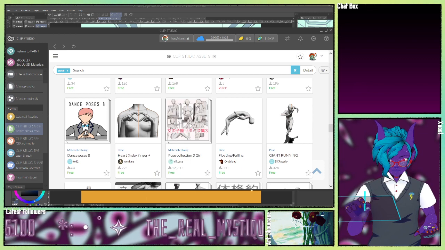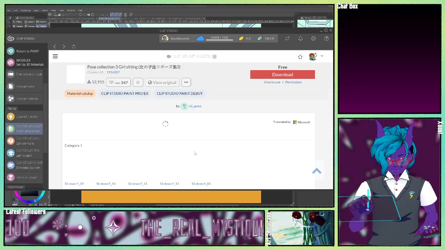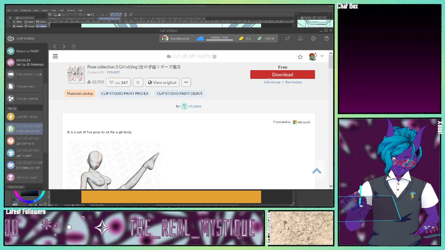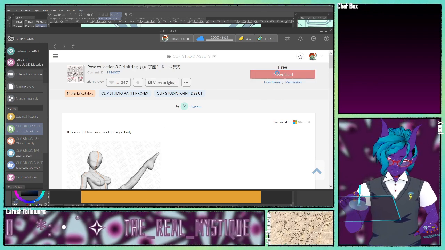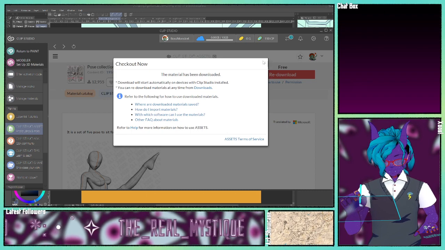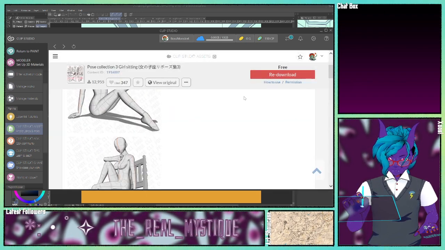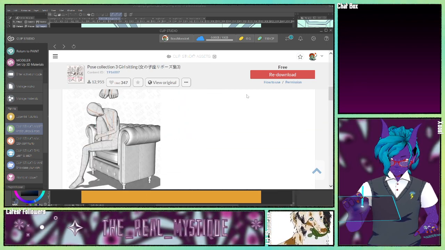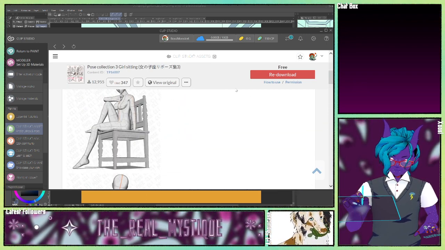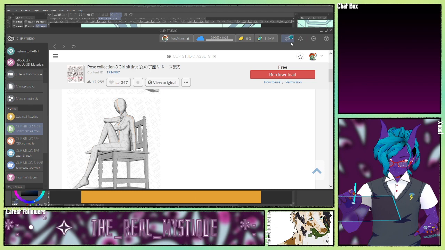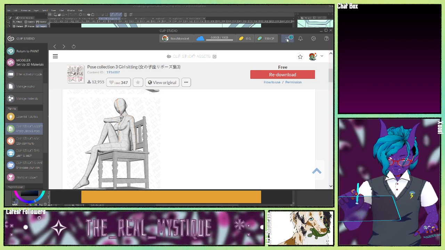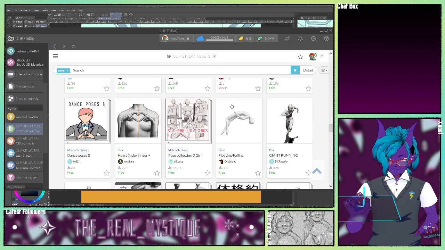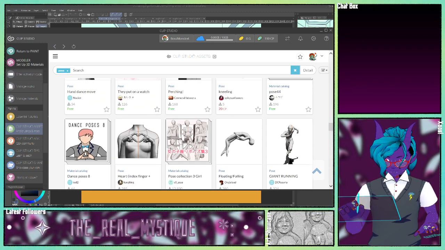Here's a pose collection. Let's grab that. I like getting big pose collections because it's less work for me. We're gonna grab that. So sitting on chairs and things. You can see it's still communicating, so it's still downloading. And now that we're done with that,